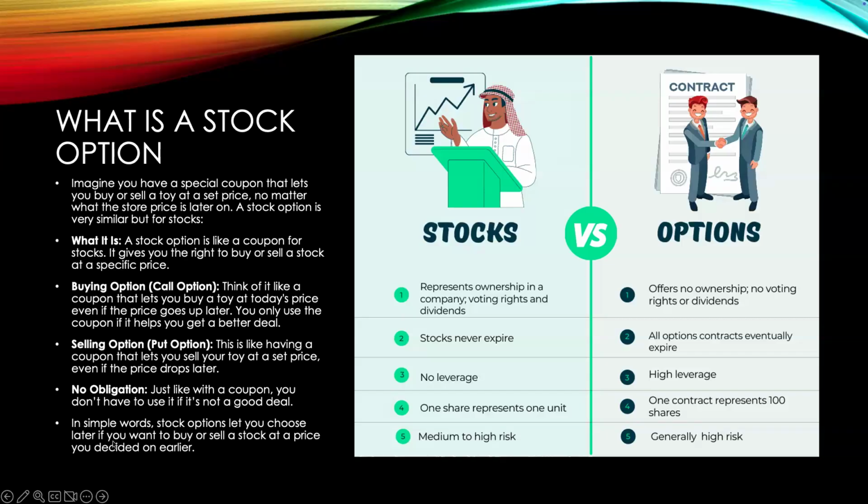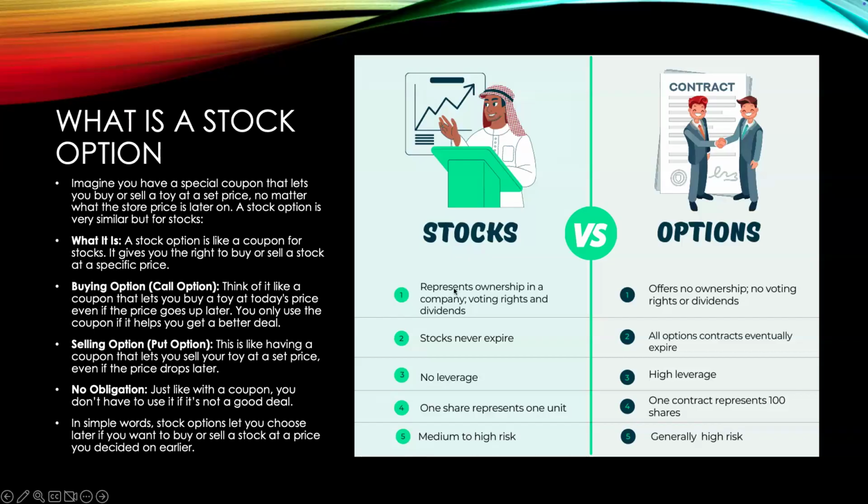If you look down there, it says a stock option lets you choose later if you want to buy or sell the stock at the price, or decide to sell the contract early. So you can execute that contract. Let's say you buy a contract. Each contract is equal to 100 shares of the stock. So every time I show you a number, multiply it by 100. That's how you know the difference.